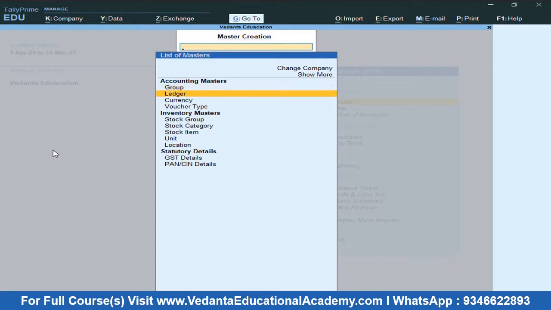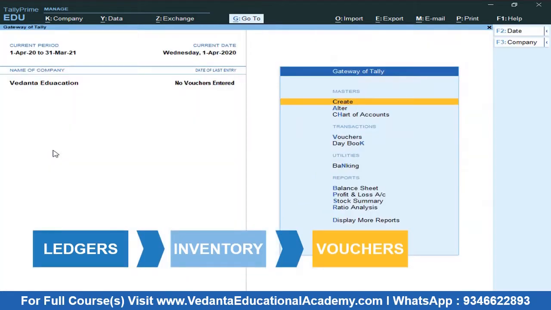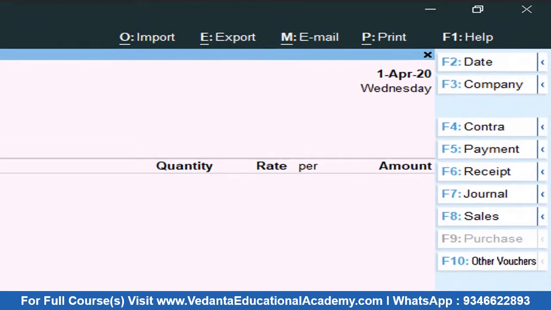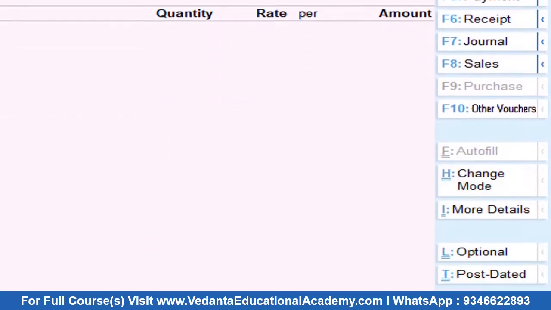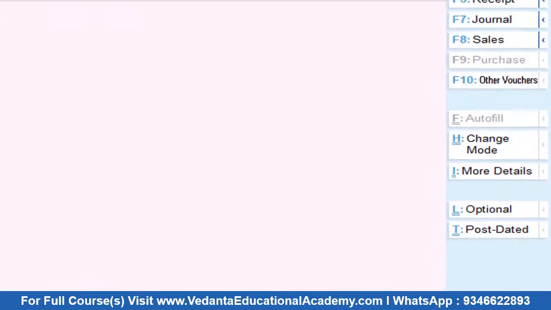In the previous video, we discussed creating ledgers, creating groups, units of measure and the stock item, right? Yes. Next, we are going to the next step, that is recording vouchers. So in this video, we are going to understand how many vouchers are available by default in Tally Prime and how to enable more vouchers in Tally Prime, right?